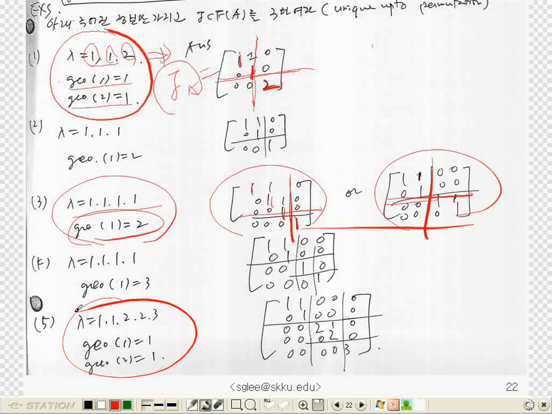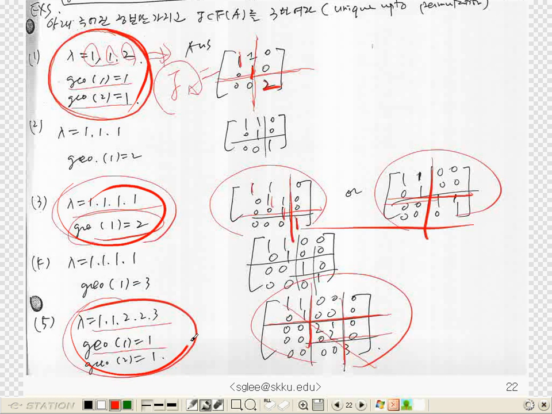For example, here, we have a 5x5 matrix with eigenvalues 1, 1, 2, 2, 3. And the geometric multiplicity of eigenvalue 1 is 1, and the geometric multiplicity of eigenvalue 2 is equal to 1. Then we have 1 Jordan block for eigenvalue 1, and we have 1 Jordan block for eigenvalue 2. And for the eigenvalue 3, we don't even need to find it, because it's just 1 by 1, something like that. So this is all the information that you need to figure out the Jordan canonical form